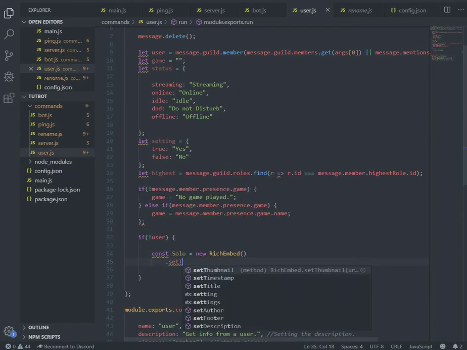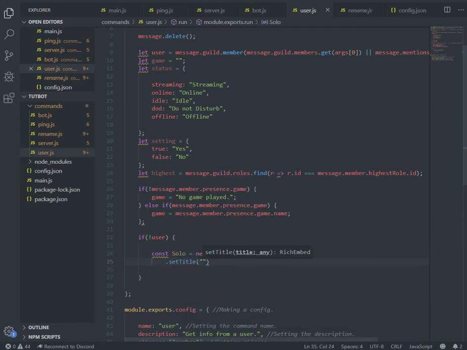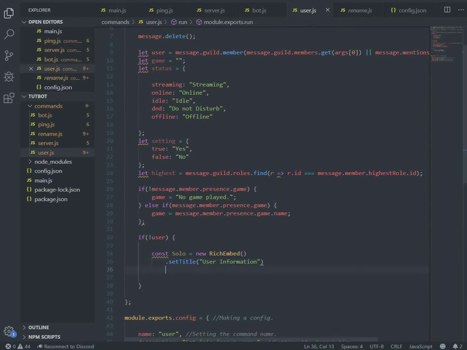And here you're gonna make a title which will display user information, and then you want to make an add field which is gonna say member info. We're gonna get the nickname, which is of course